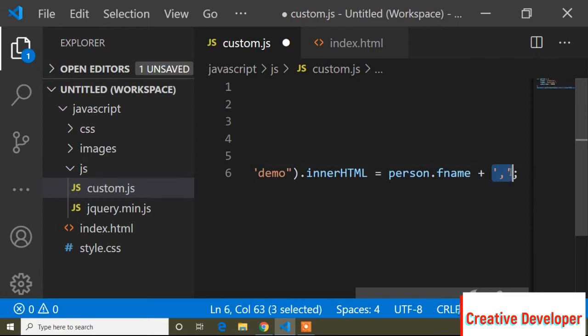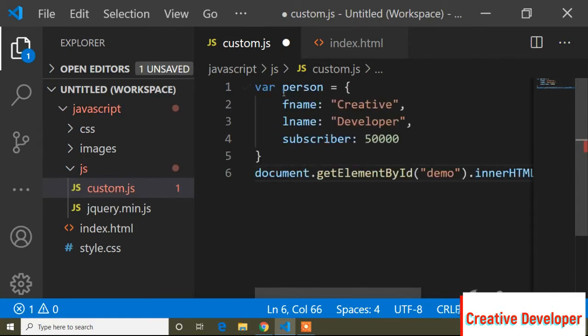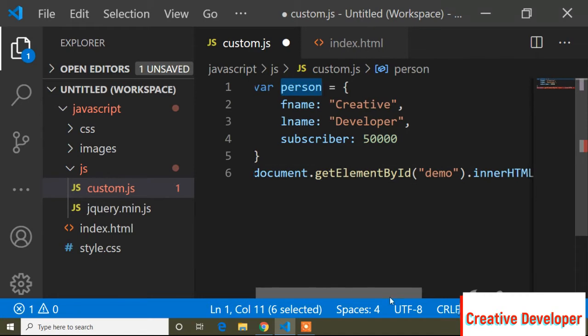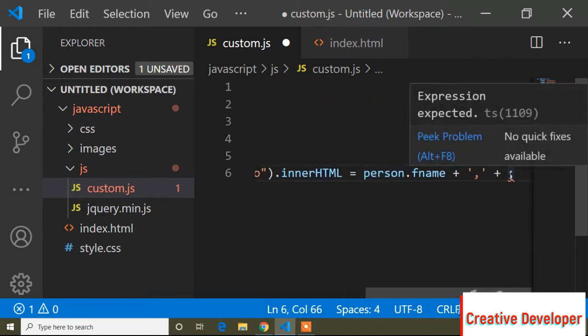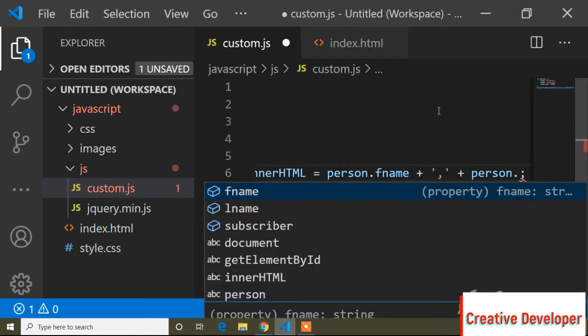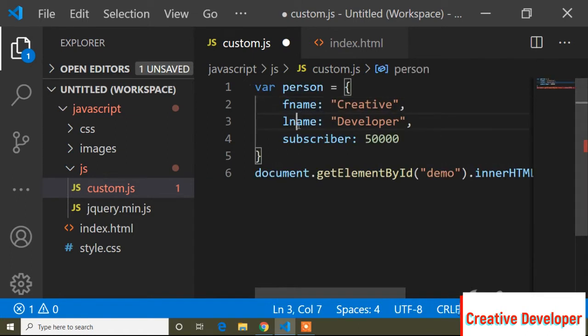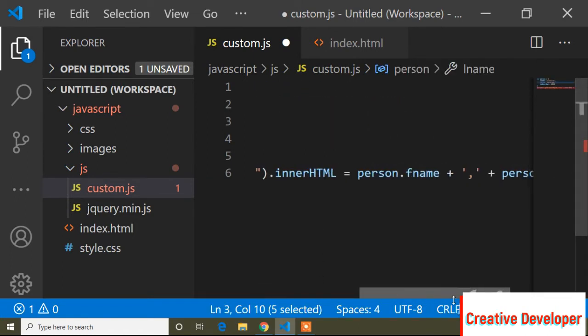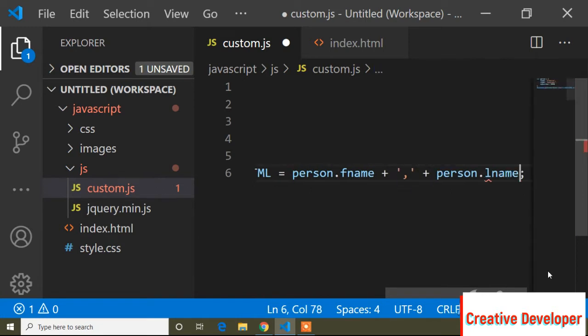Here you can write double inverted commas, and as per your choice you can also define a string within single inverted commas. So here comma, and now plus, and the same way, our variable is person, so I will copy that, person dot, and now I want to print lName. So here lName.